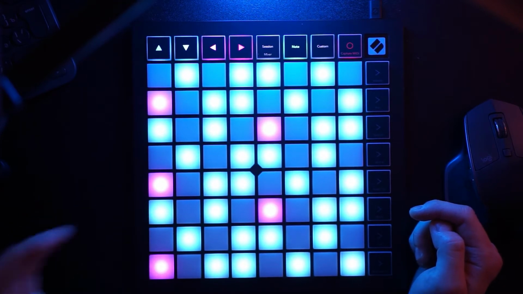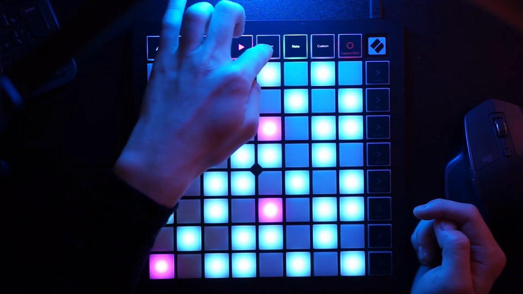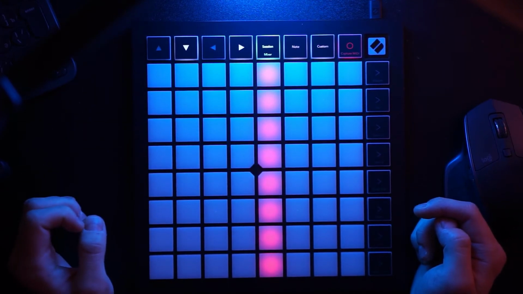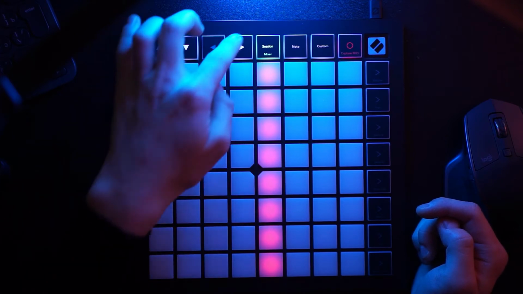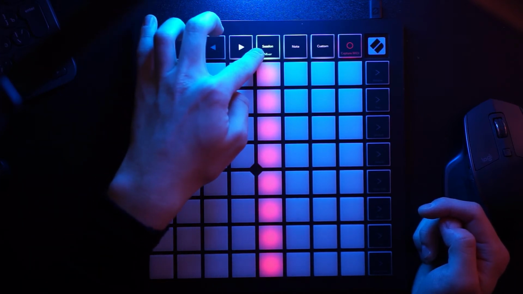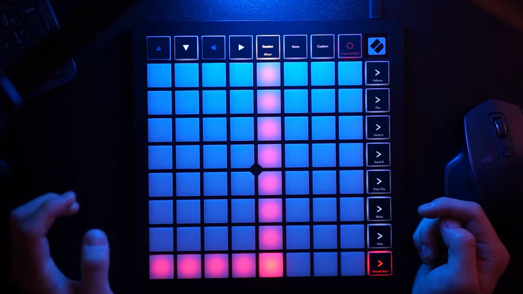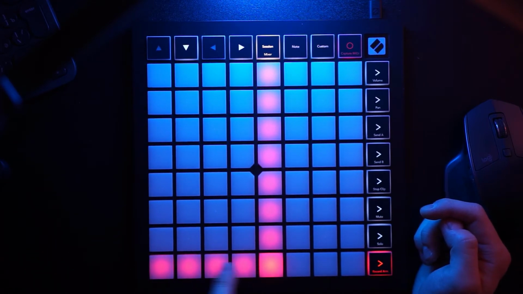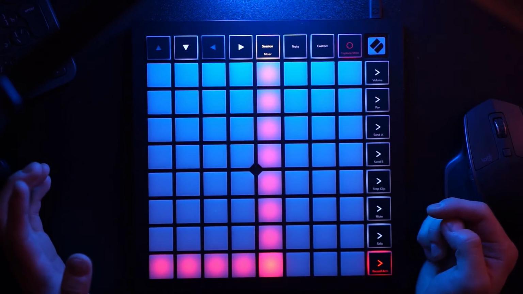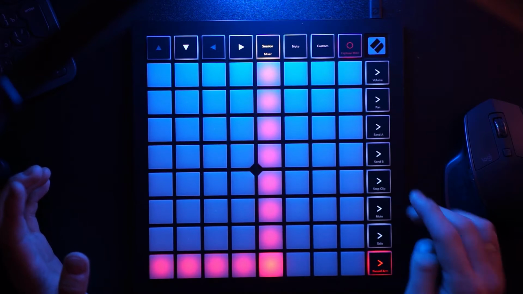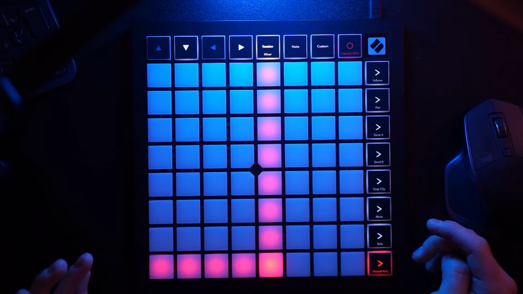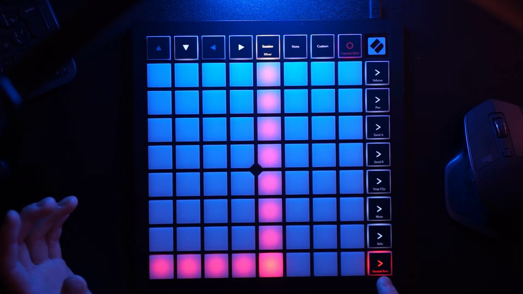So to switch between instruments, we go to the session by clicking on this session button on the top, and then switch to the mixer by pressing on the session one more time. This will enable the last line, which becomes pretty functional and useful in this case. We can set different functions to this last line, and the first we want to set is the ability to arm